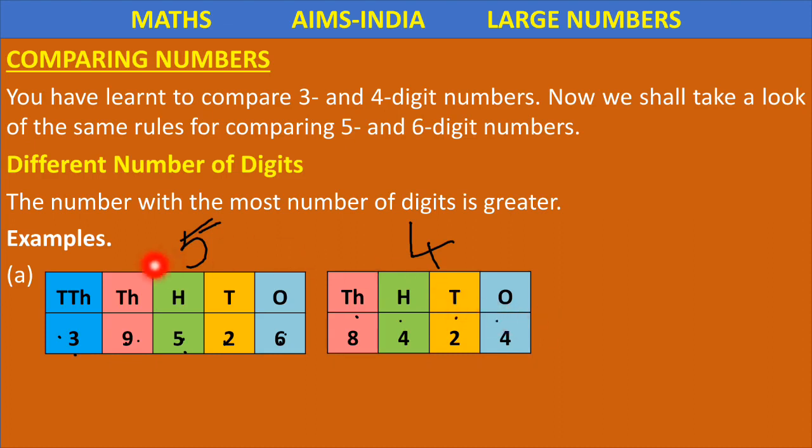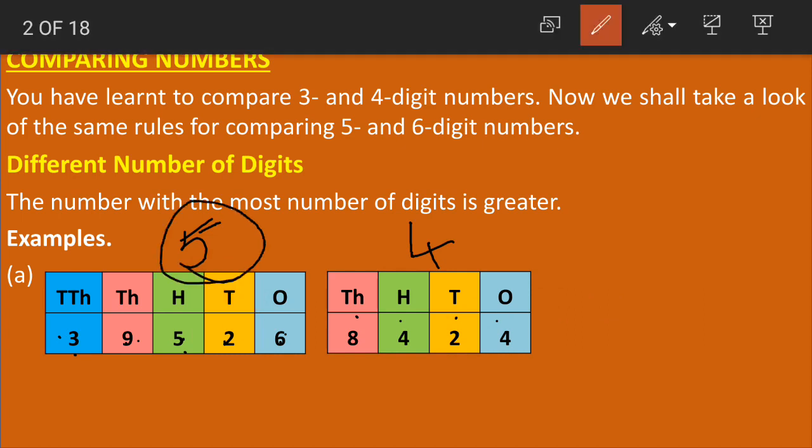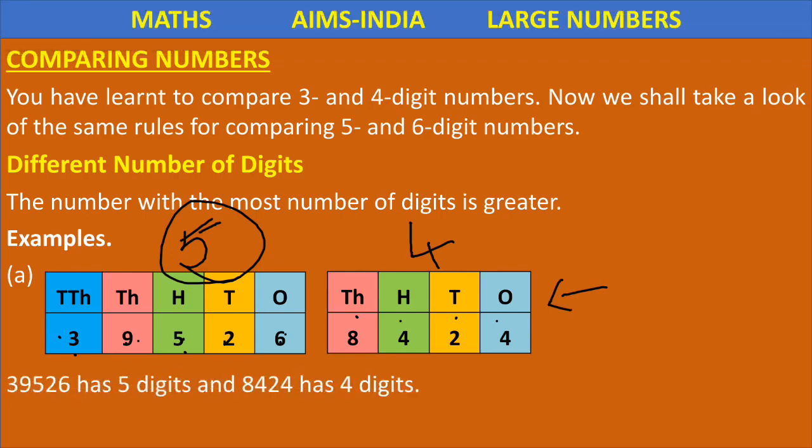8,424. Now if I ask you to compare both the numbers and say which is the greater number here, which is the greater number children? Yes, the number with 5 digits becomes the greater number, because it has more digits than this number. 39,526 has 5 digits and 8,424 has 4 digits. So 39,526 is greater than